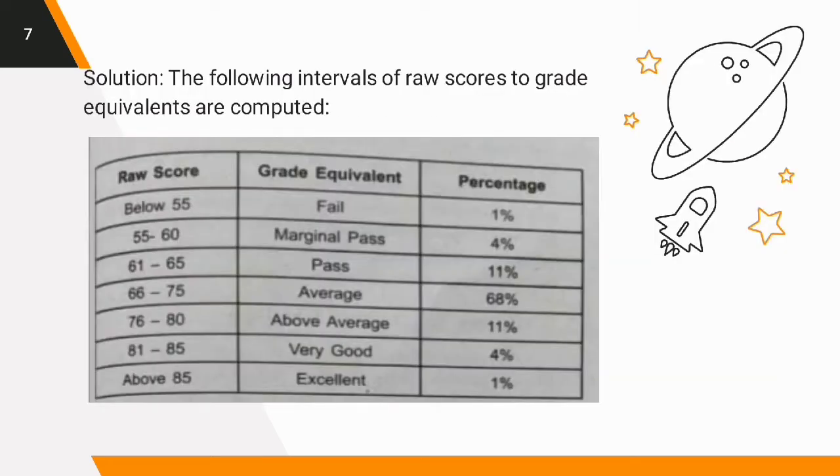For the solution, the following intervals of raw scores to grade equivalents are computed. For the raw score: below 55, 55 to 60, 61 to 65, 66 to 75, 76 to 80, 81 to 85. Grade equivalent